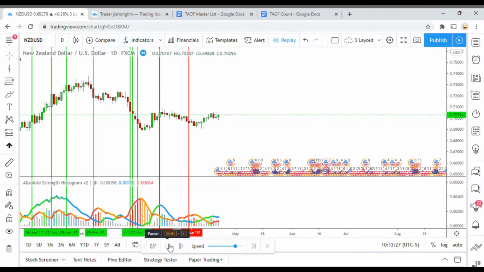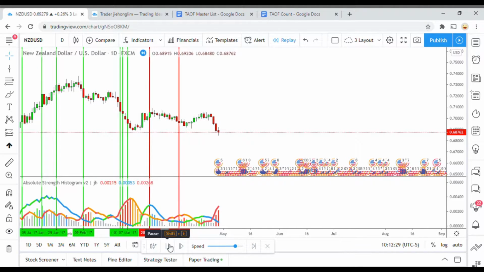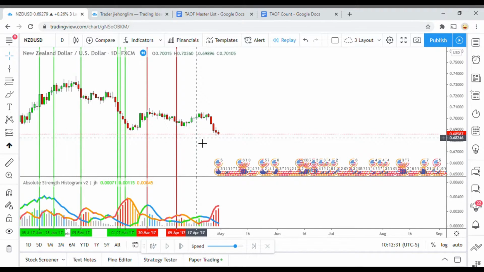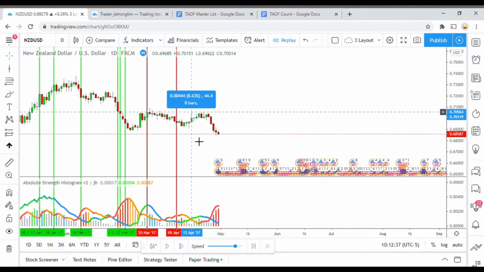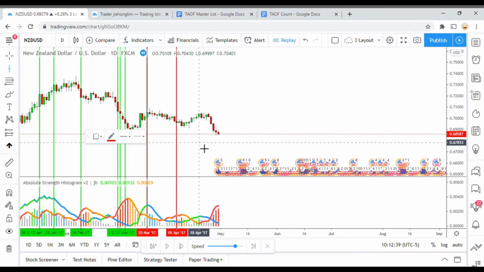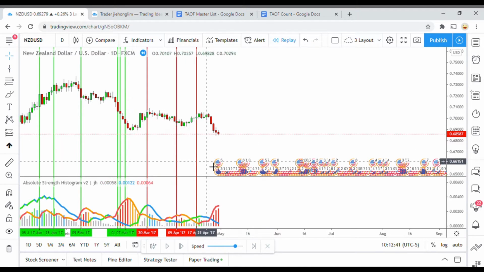Now we get it flipped to the green back here on this side. Once again, looks like we would have gotten stopped out. Then finally, we get a spike here. And it looks like